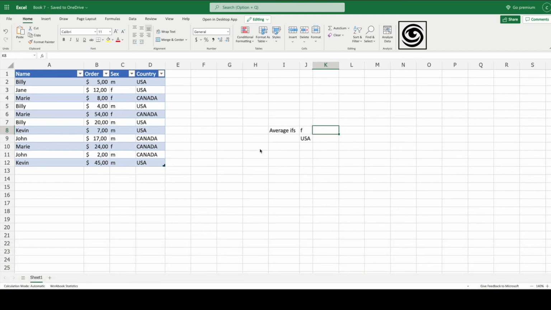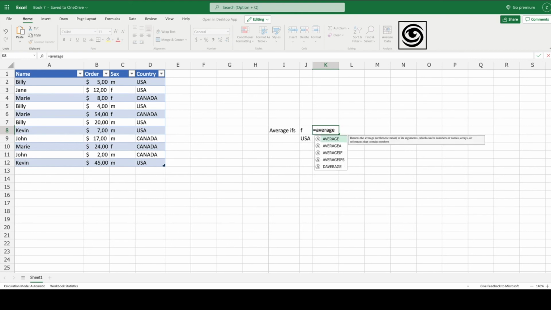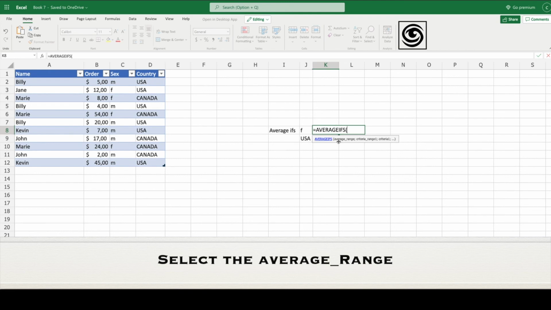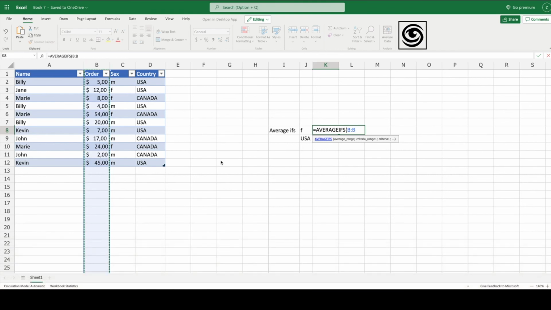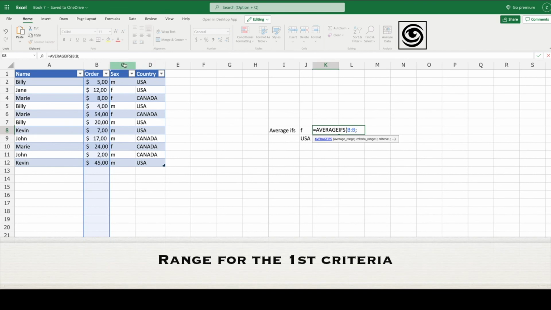So now we will type the formula. We start by equal, AverageIFS, ending with S. First we select the range that contains the numbers, the amounts. Average range is called, column B, semicolon or comma, the first criteria range, so the first range where the criteria needs to be found. It's the sex or gender,